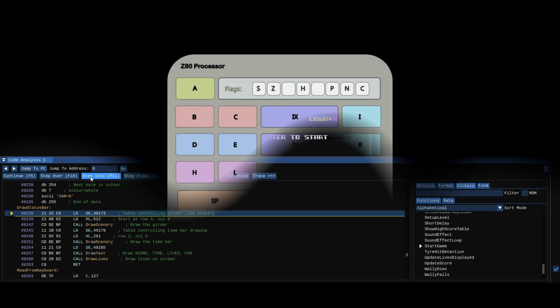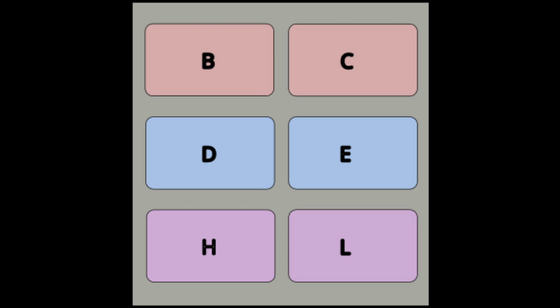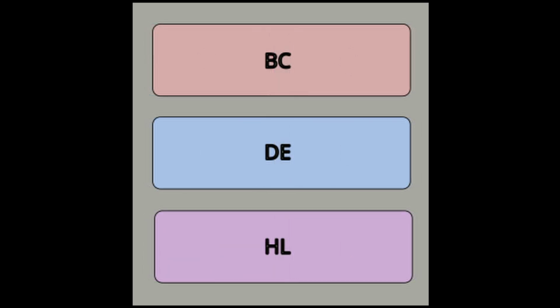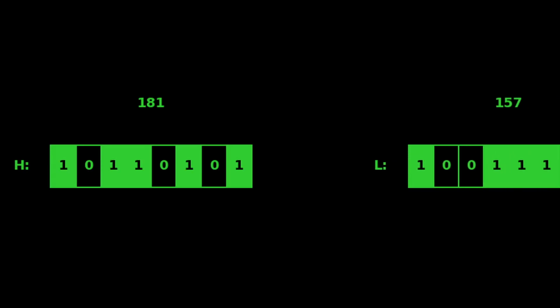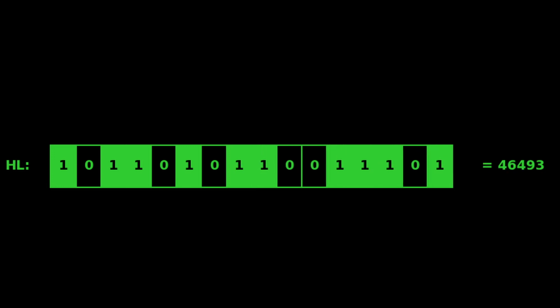Let's talk a bit more about registers. I mentioned A earlier, but the processor has several others, including some named after letters. These are B, C, D, E, H and L. Each of these can hold a byte, just like A can. As I mentioned, a byte lets us represent any number from 0 to 255. So what do we do if we want to deal with numbers bigger than 255? Well, these registers can work together in pairs, B with C, D with E and H with L. Rather than treating each pair as two 8-bit numbers, we can put them together and get a 16-bit number. This lets us represent numbers from 0 all the way up to